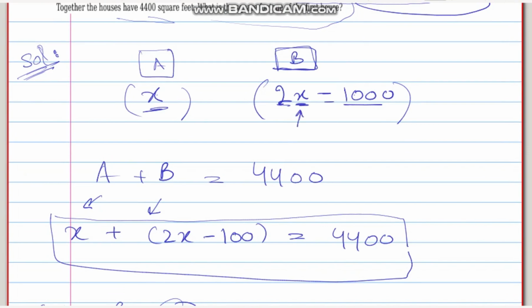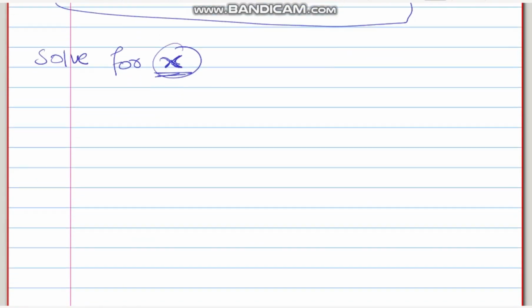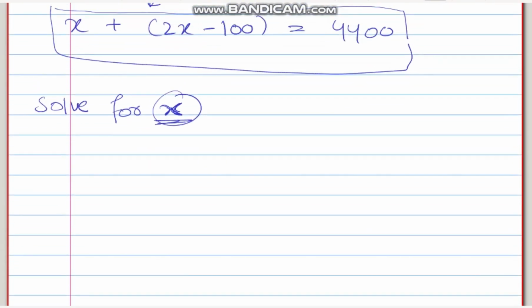So basically, he's asking, what is the square footage of the first house? So first house A is A, and we will just find the x. We will just find the x, and the square footage of A will be x. Now just solve the equation. How can we do that? x plus 2x minus 100 is equal to